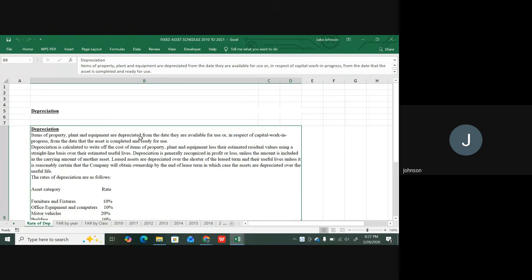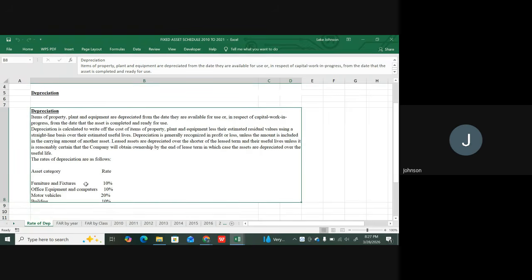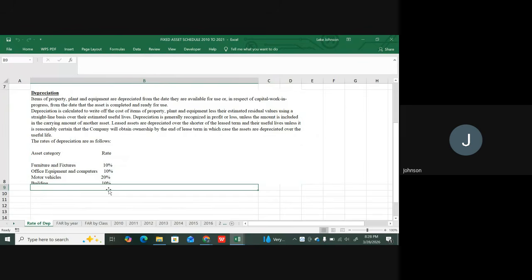So here we have the policy of this company. For this company, they decided that for the depreciation of their furniture and fittings, they will usually charge 10%. To know how many years each of these things will last, you say 100 divided by 10 to know how many years it's going to be. So for the furniture and fittings, we say 100% divided by 10. Then we know that all the furniture and fittings are going to be